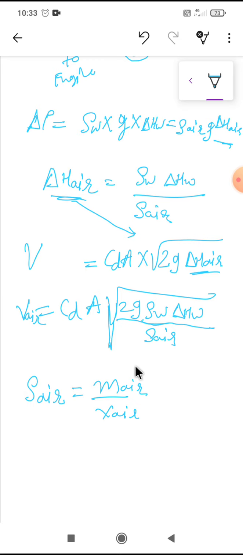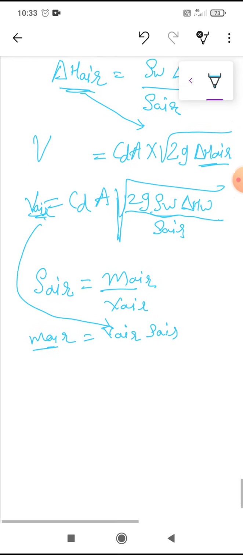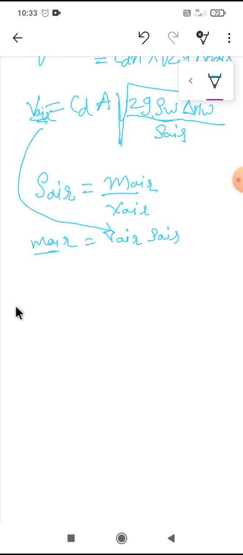If I want to find the mass of air, the mass of air is equal to the volume of air times rho of air. So I will just use this formula for the volume of air here, and I will get the mass of air. So I'll get m_a is equal to, instead of V_a, C_d A times the square root of